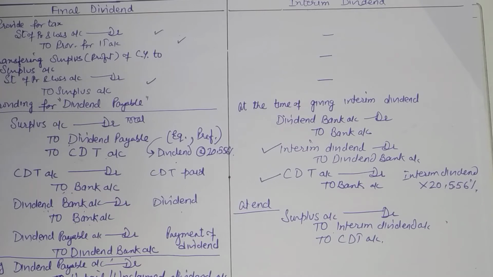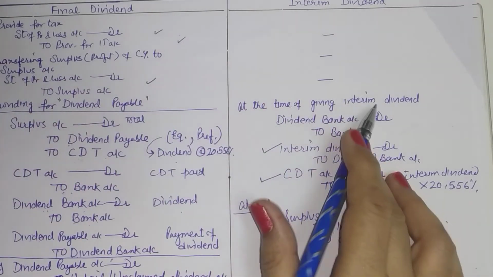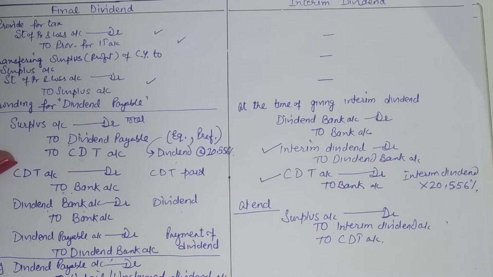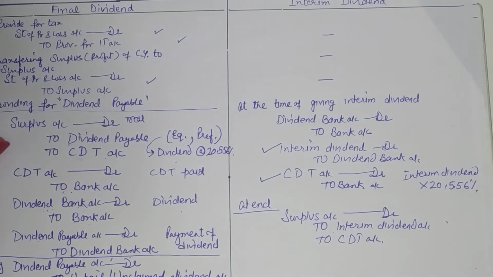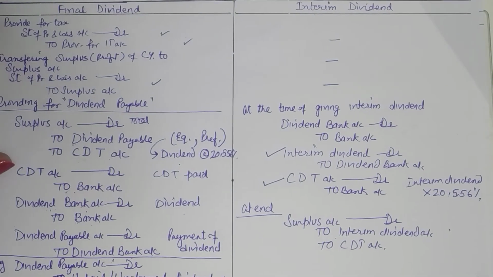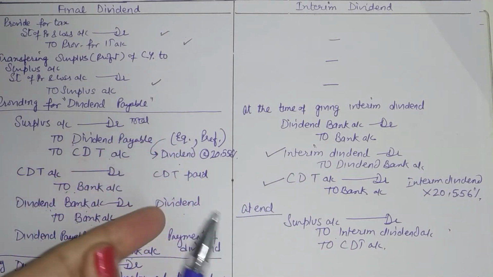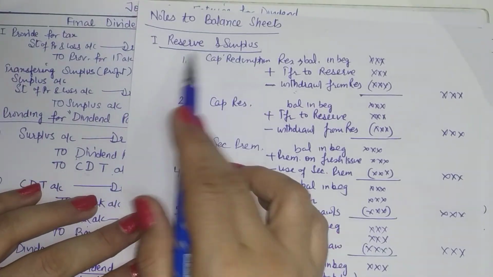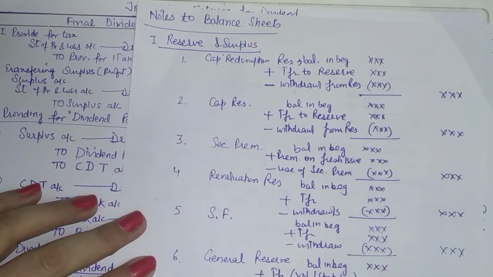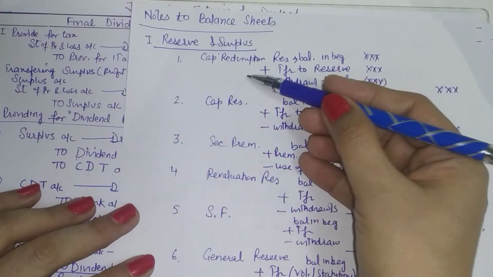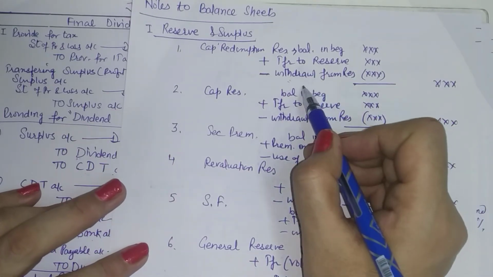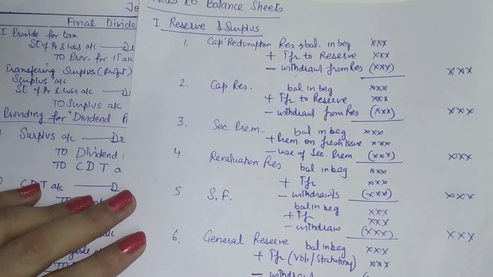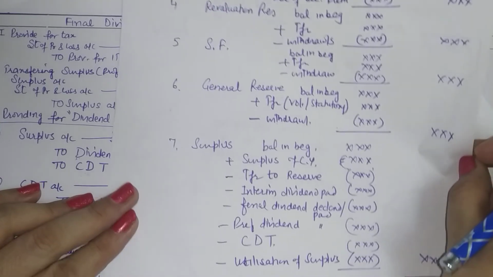Now in practical questions, we might be asked to give journal entries which we can pass like this, or we might be required to show the relevant amounts in the balance sheet, which implies in the balance sheet we will be showing share capital, we will be showing reserve and surplus, provision for taxes, so all the relevant amounts will be shown therein, and the proper notes for reserve and surplus, for share capital will also be prepared. Whereas in case of normal reserves, we have simple addition or subtraction for any amount added in the reserve or withdrawn from the reserves.